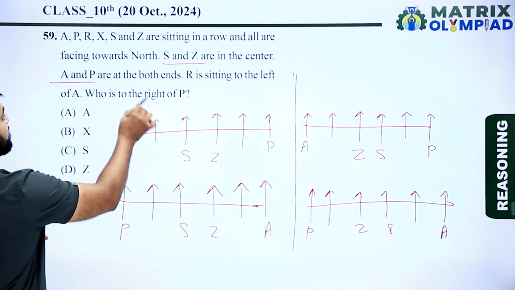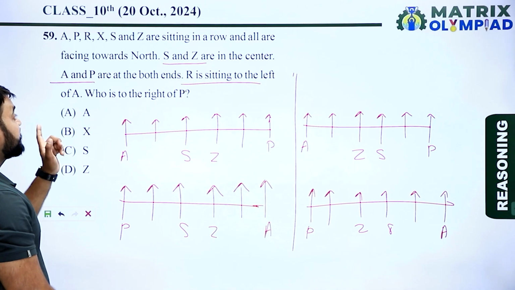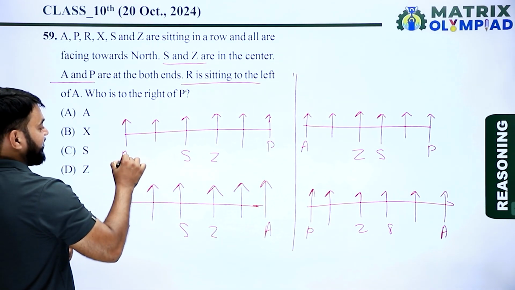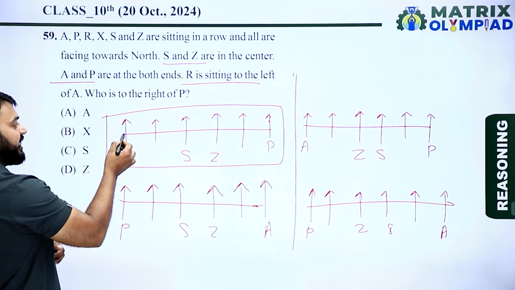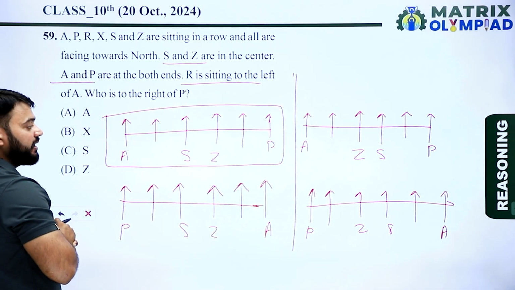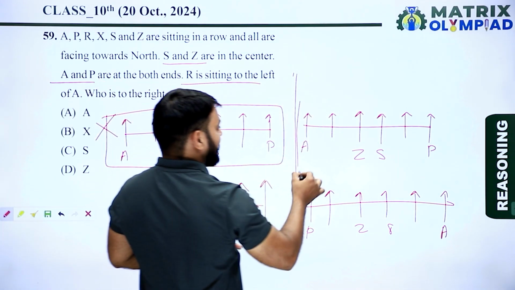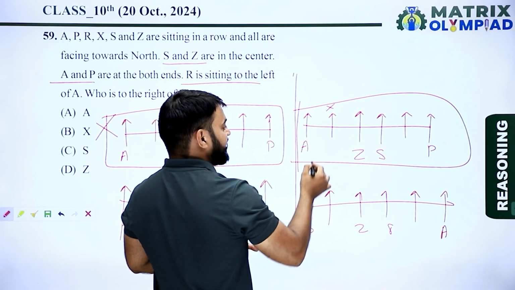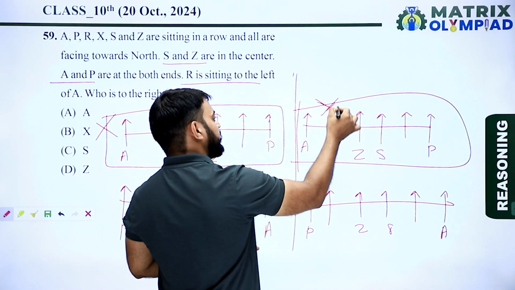So now next information is R is sitting to the left of A. R is sitting to the left of A. A के लेफ्ट. सो ए के यहां इस वाली केस में ए का राइट ही गिवन है, बिकॉज ए का लेफ्ट प्लेस गिवन नहीं है. सो ये वाली केस एलिमिनेट हो जाएगा. सेम इस वाले केस में भी इस वाली प्लेस राइट साइड ही गिवन है, लेफ्ट साइड गिवन नहीं है ए का. सो ये वाला केस भी एलिमिनेट हो जाएगा.